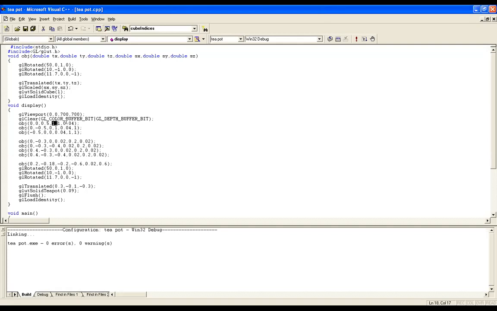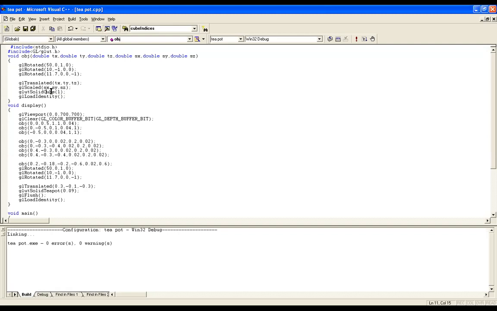And what is the work of the scaling? The scaling is nothing but it is going to alter the size of the object. That is the work of the scaling. So every object consists of 6 parameters, where 3 parameters are for the translation, and the other 3 parameters tell me about the scaling property of every object. So whenever I call obj, it is going to run 8 times. Do you guys understand? 8 times. Why does it need to create 8 objects? So you people know tx, ty, tz are the translation properties, and sx, sy, sz are the scaling properties.